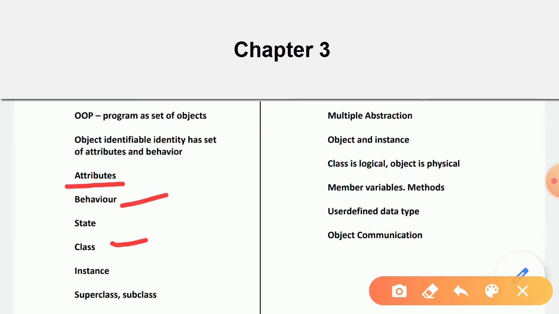You may call it a blueprint or a specification. Specification for what? For creating objects. So class is a logical construct. Class is logical, and objects are created with the help of class.